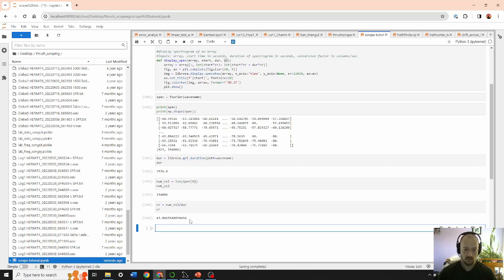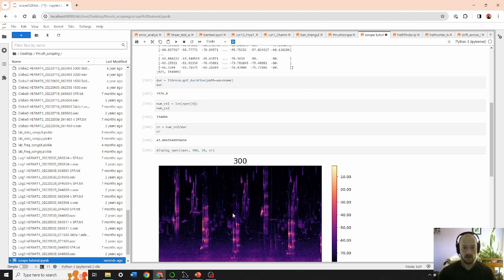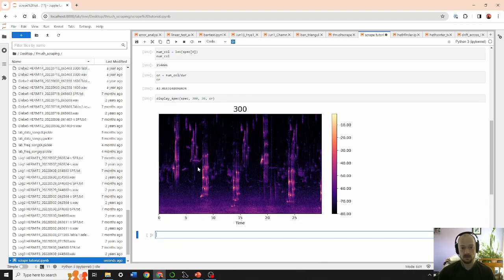This is a lot of decimals, so it's going to be pretty accurate. So that's great. And now I can actually look at some of this spectrogram. I've got my function up above, display spec, and our spectrogram is spec. Let's say we want to look at 300 seconds, and we want to look at, say, 30 seconds of it, and I've got my conversion ratio. I can do that, and sure enough, it's going to use matplotlib to show that section